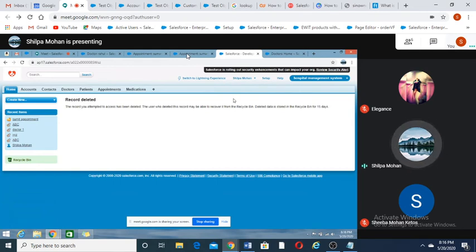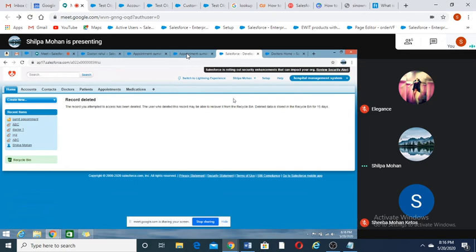If parent is deleted, child will also get deleted. This is in case of master detail relationship. And in case of lookup relationship, one is deleted, other will be present. Even if parent is deleted, child is still there. So this is one point. If parent is deleted, child is deleted in master detail, and in lookup it will not be deleted.